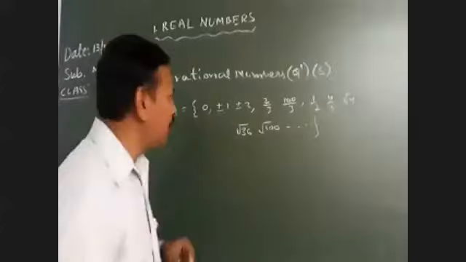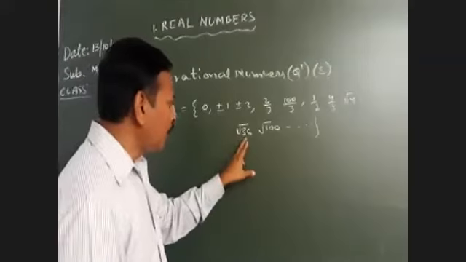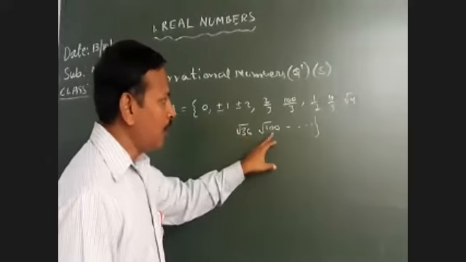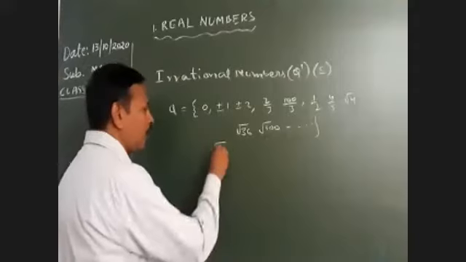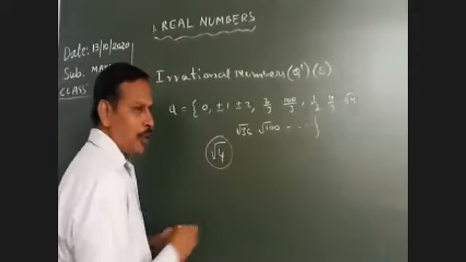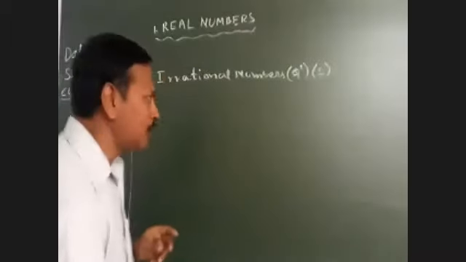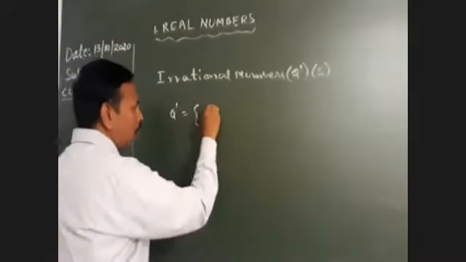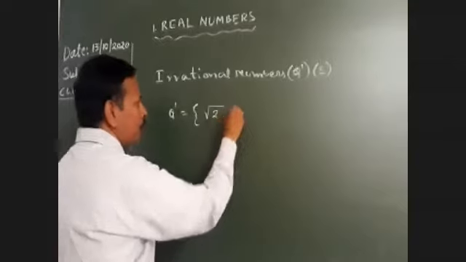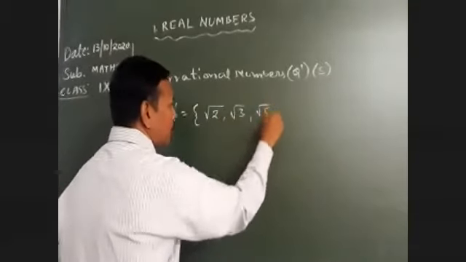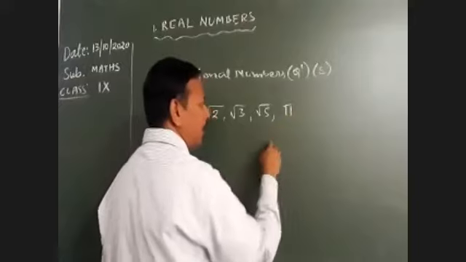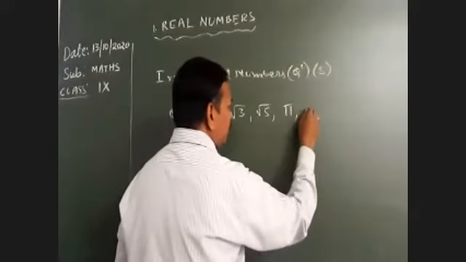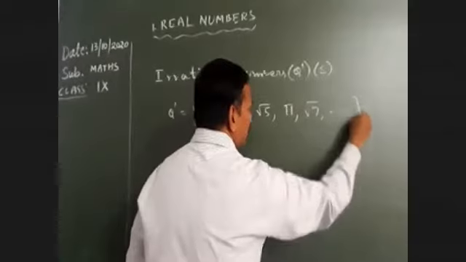Now, besides all these numbers, what are the numbers left? Here, root of 36 is a perfect square. 100 is a perfect square. Root 4 is also a rational number because 4 is a perfect square. Now, what are irrational numbers? These irrational numbers are the set of all non-perfect square roots. Suppose root 2, root 3, root 5, root 7. So these are all irrational numbers.